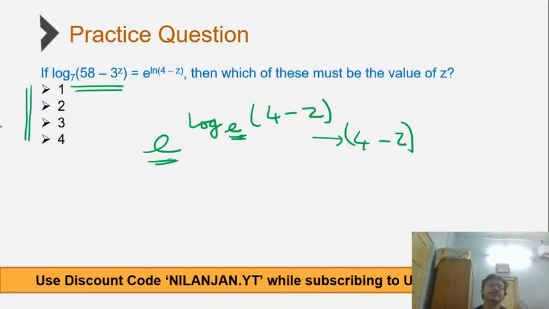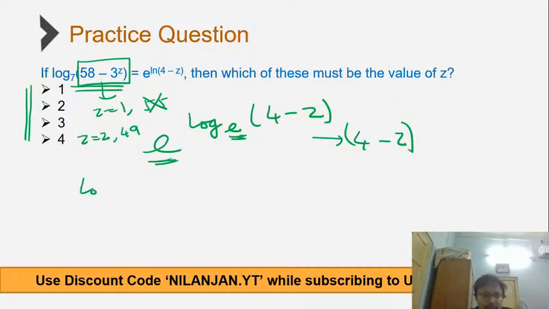So these are your options: z is 1, 2, 3 and 4. Also remember, the moment you have log of (58 minus 3 to the power z) base 7, it means this term must be a power of 7. So if I put z is 1, I get 58 minus 3, that is 55, which is not a power of 7. I put z is 2, I get 58 minus 3 squared, that is 58 minus 9, which is 49. And now we know log 49 base 7 is equal to 2, which is equal to 4 minus z,